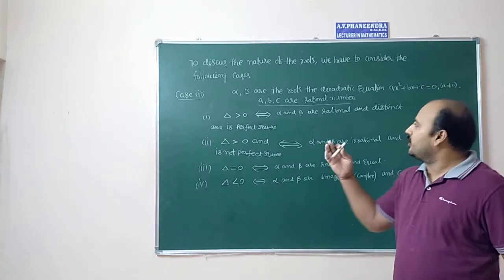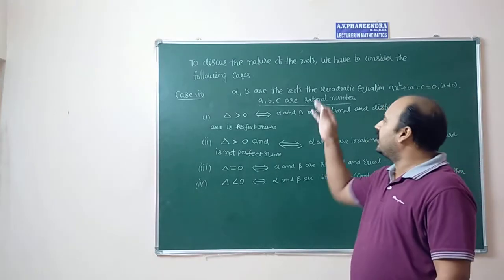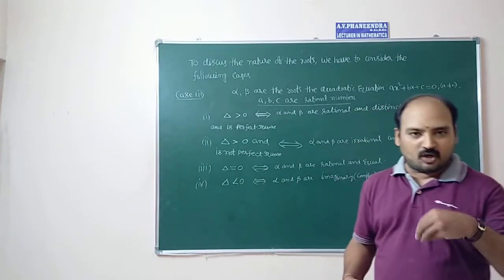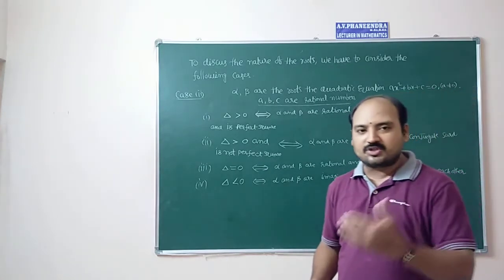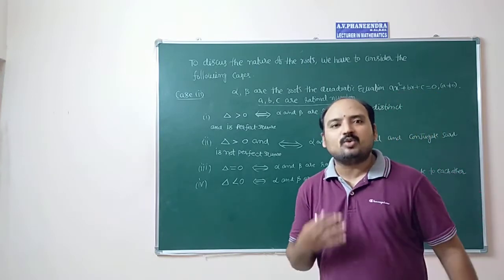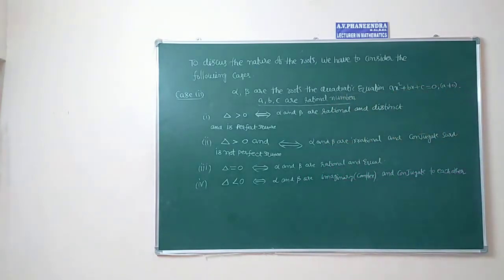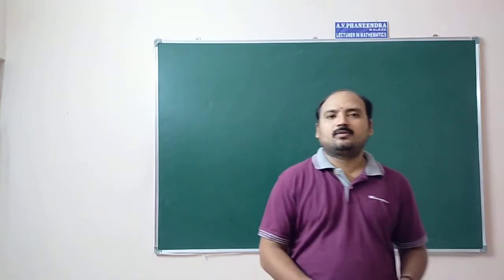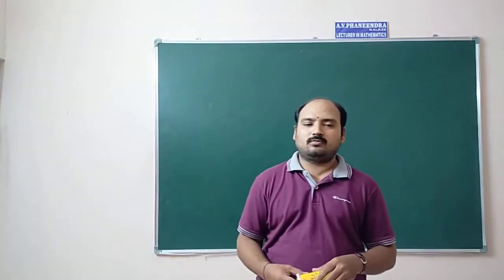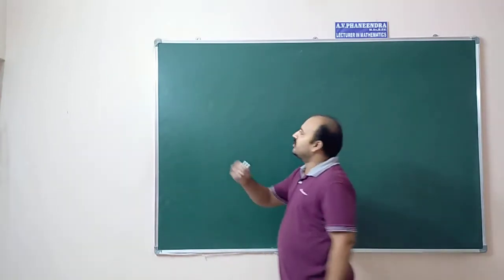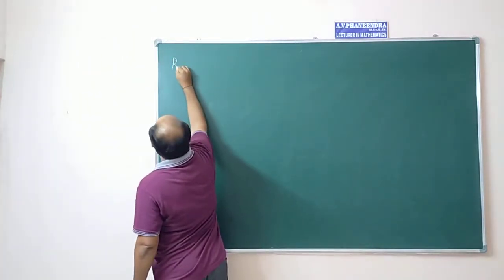After that, we are going to discuss the problems which are related to these cases: sum of the roots, product of the roots, and finding the quadratic equation whose roots are alpha comma beta, and based on this we will discuss the questions. Next, results to remember. Some results are there. I am going to explain 3 to 5 important results. Results to remember.